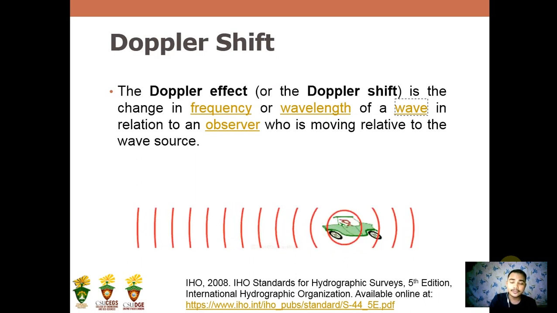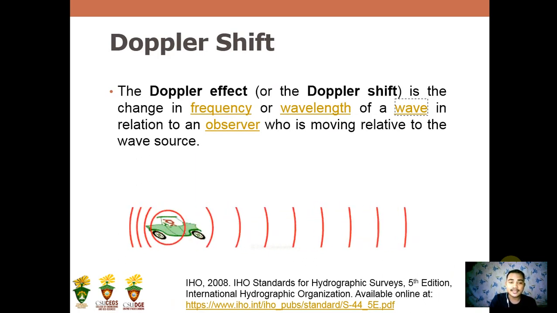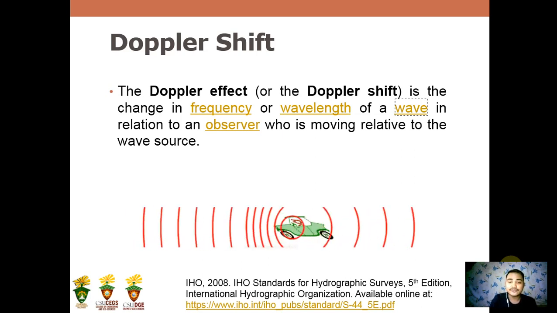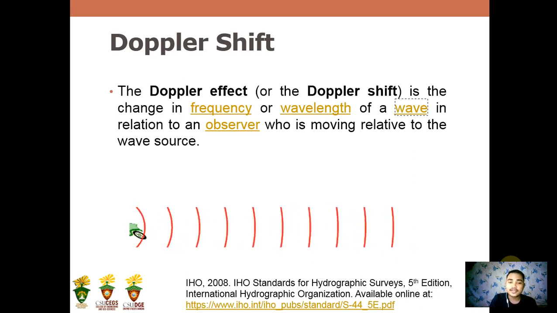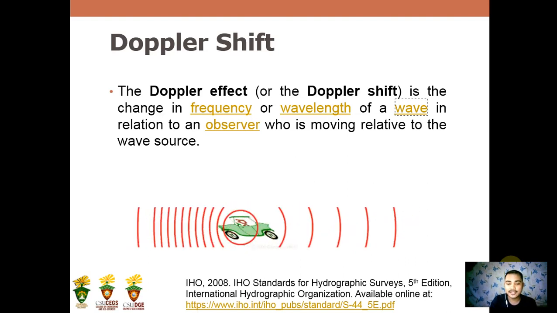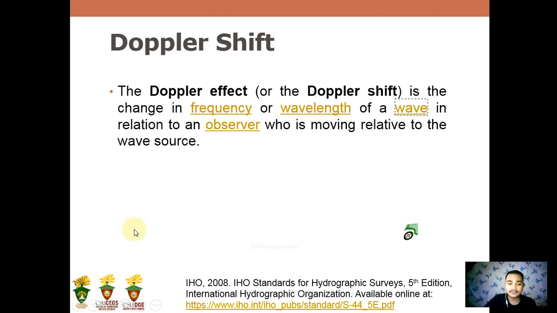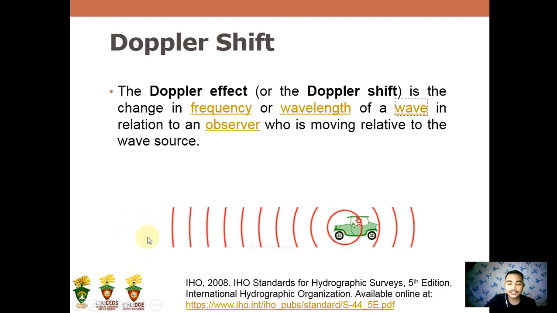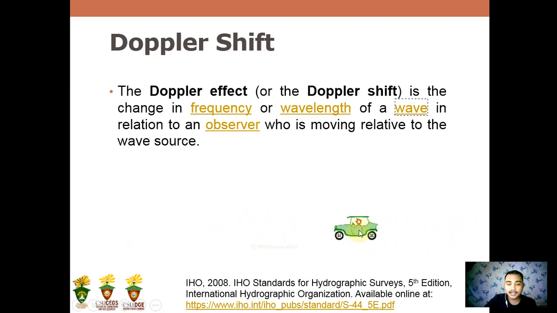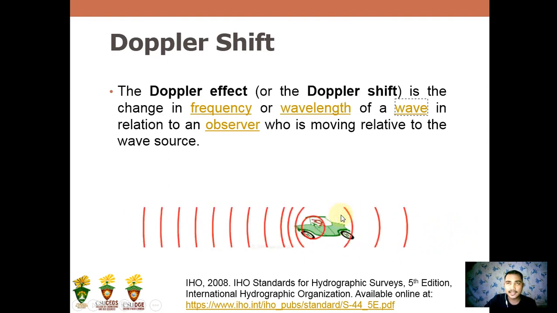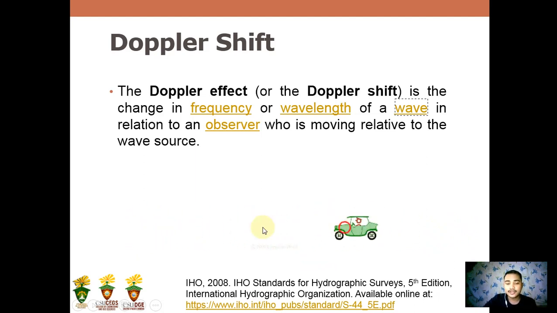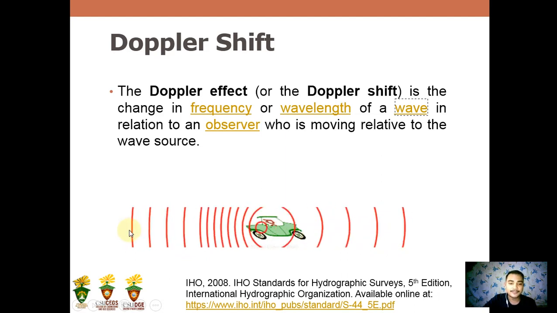So let's talk about Doppler shift. The Doppler effect or the Doppler shift is the change in frequency or wavelength of a wave in relation to an observer who is moving relative to the wave source. So for example, imagine yourself standing here in this portion, and another person is standing here. Let's say this is a fire truck. As the fire truck goes towards you,